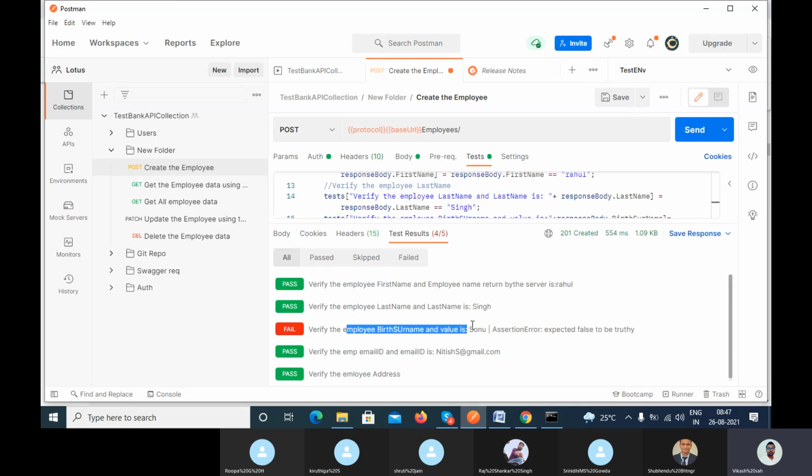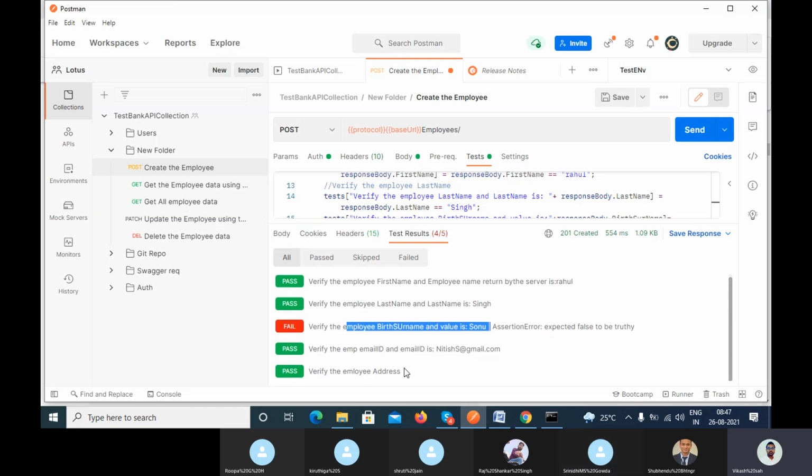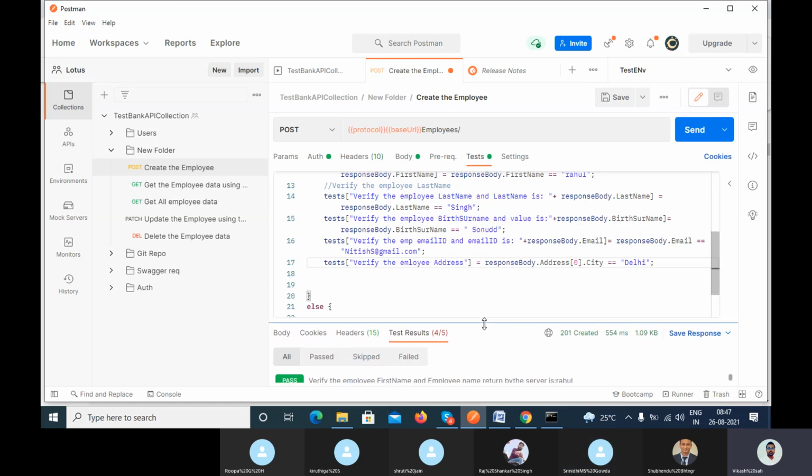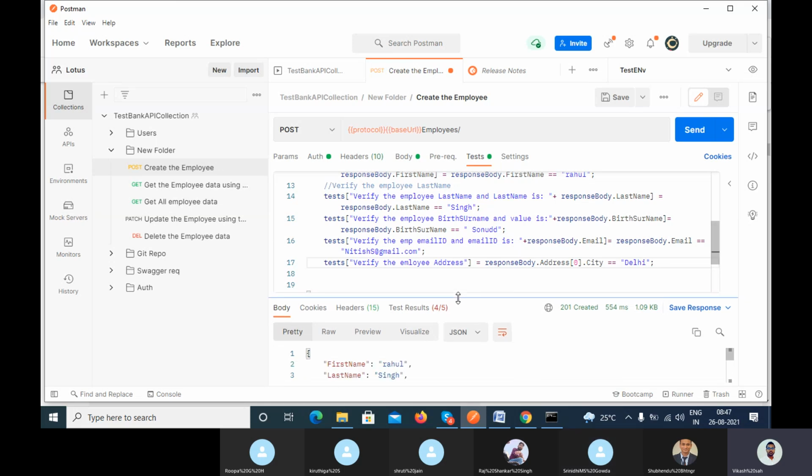Ignore this fail one, because your actual and expected did not match. Here you can see "Verify the employee address". It's pass. So let's try to print a specific message. Here we have written "Verify the employee address", right? Can I write it like that? "Verify the employee address dot city", so that it will